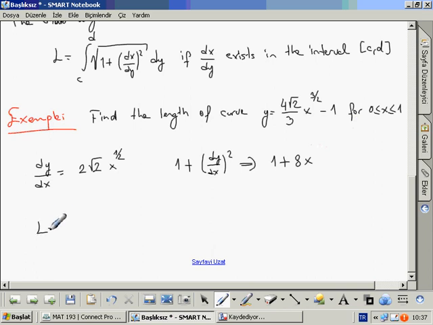So the length of the curve given above is the integral from 0 to 1 of